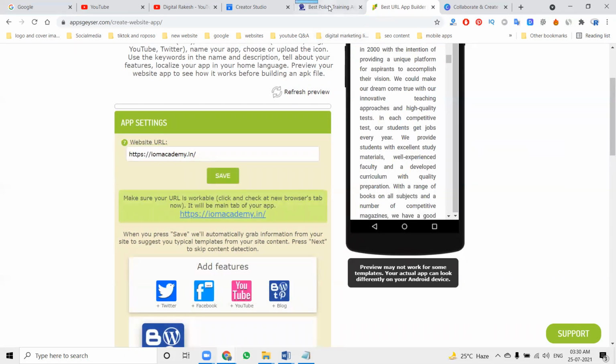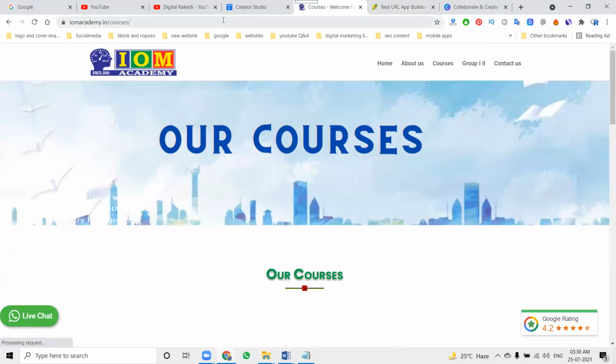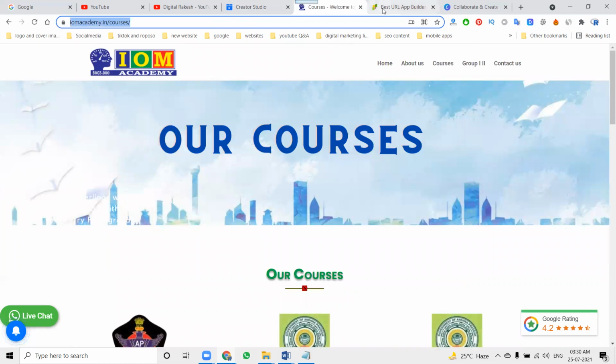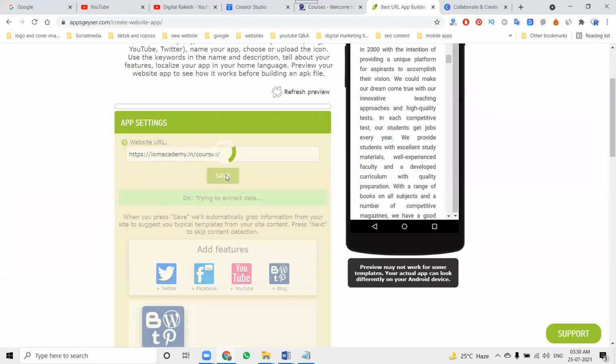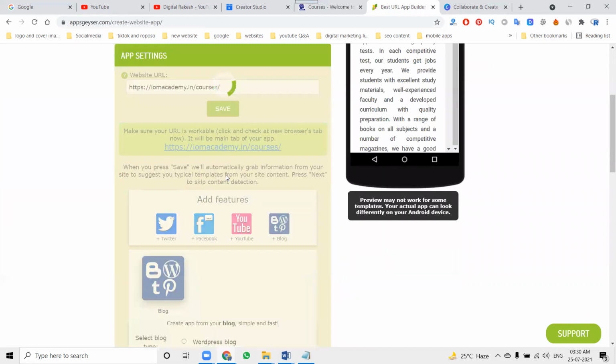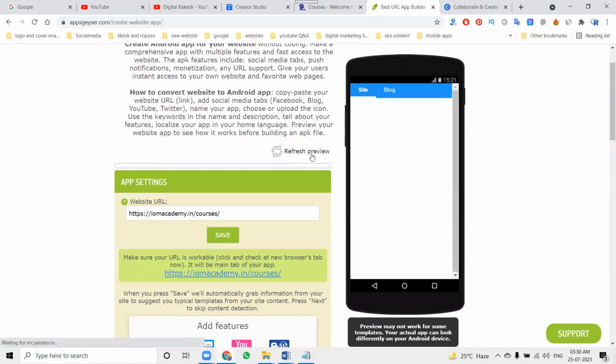We can also show an individual page. For example, I can show only the course page. Whichever page we want to show in the app, we can show that same page to the customers. Refreshing the preview, you can see it.